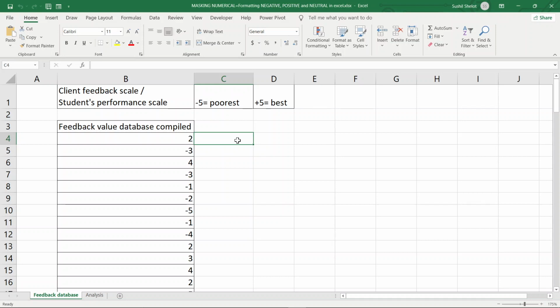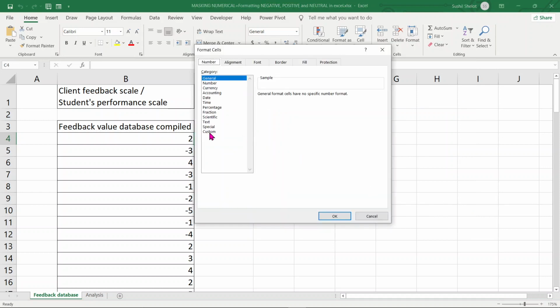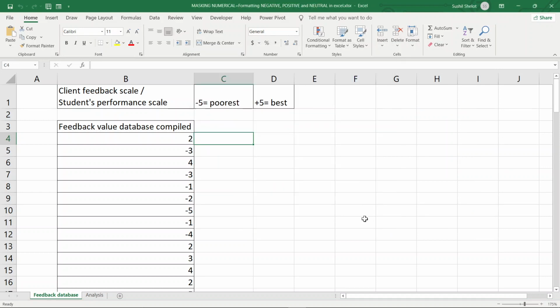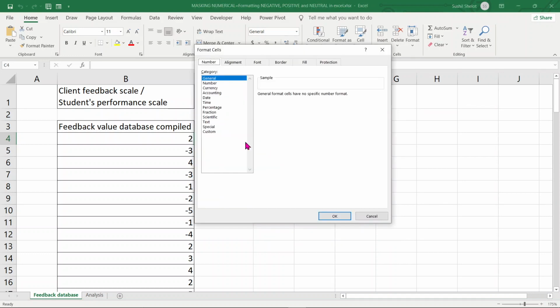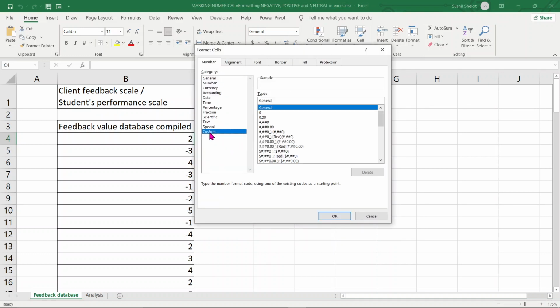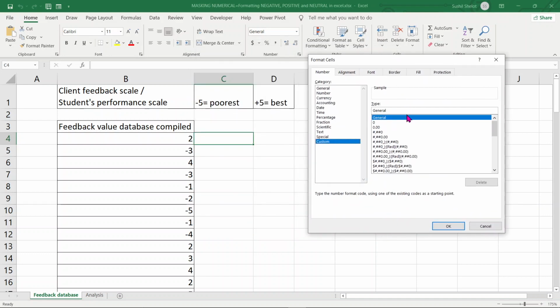For example, I'm at cell C4, and if I choose to go to Format and then Format Cells, I can use the Custom tab here, or the other way of doing it is by using Control 1 and then going to Custom. In this Custom, this cell is seen to be General. If I custom it, say for example I give a semicolon